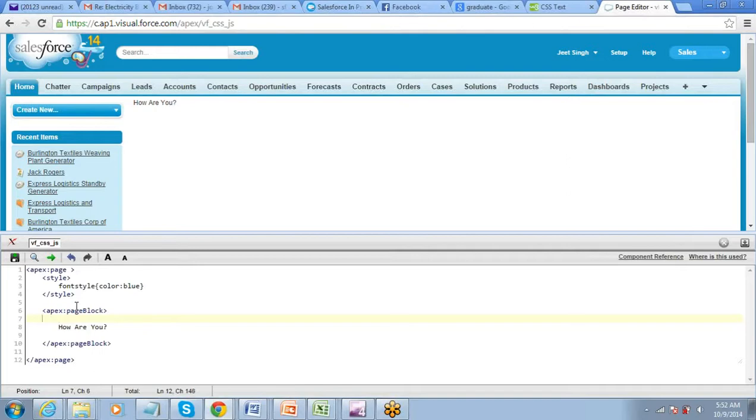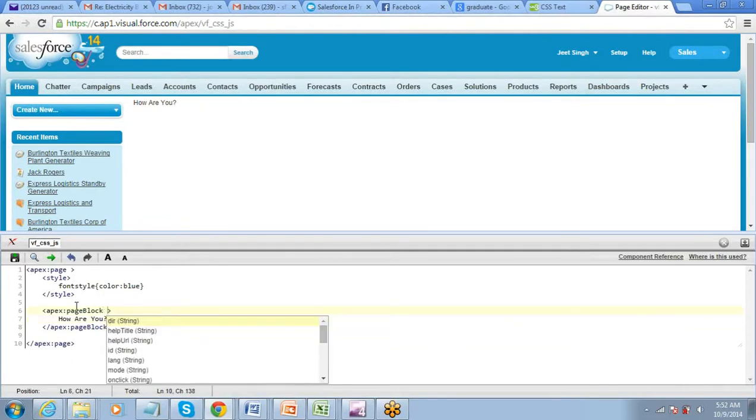Now how will you call this from within the component? To call it within a component, most of the Visualforce components have an attribute for style. For page block there is something like tab style, but this is for tab, this is not for the text.